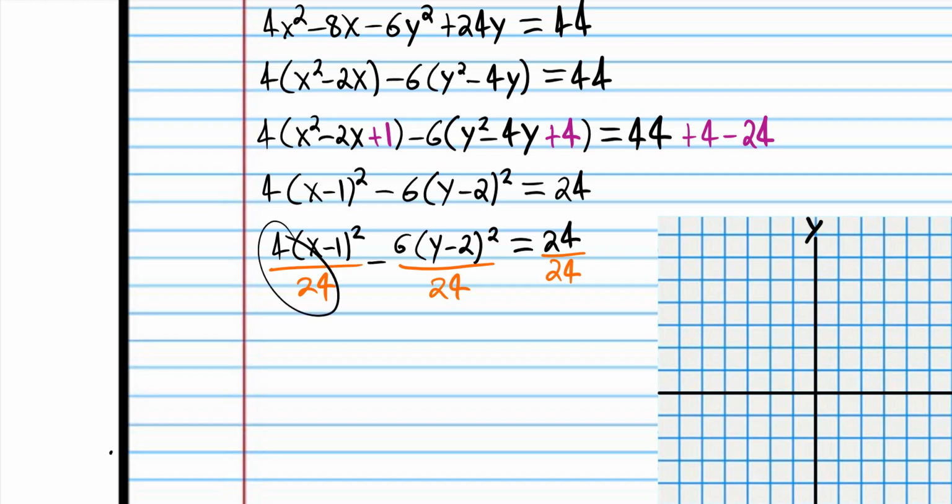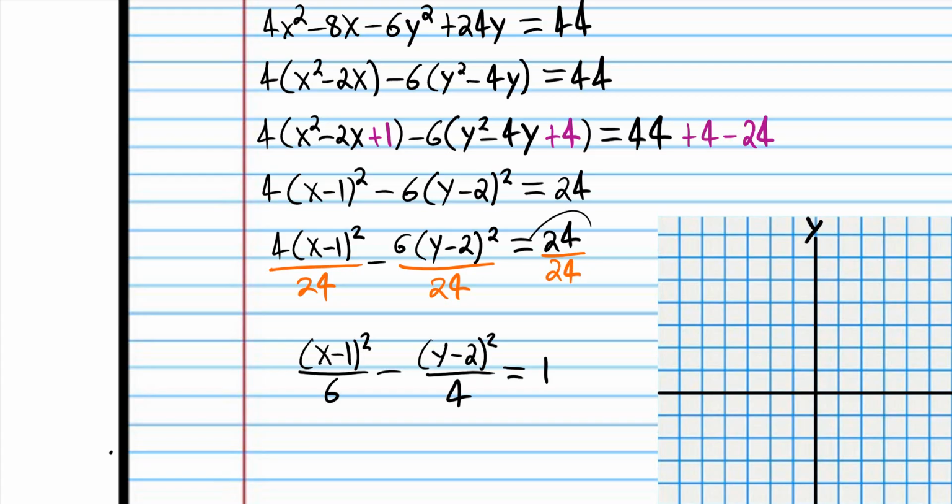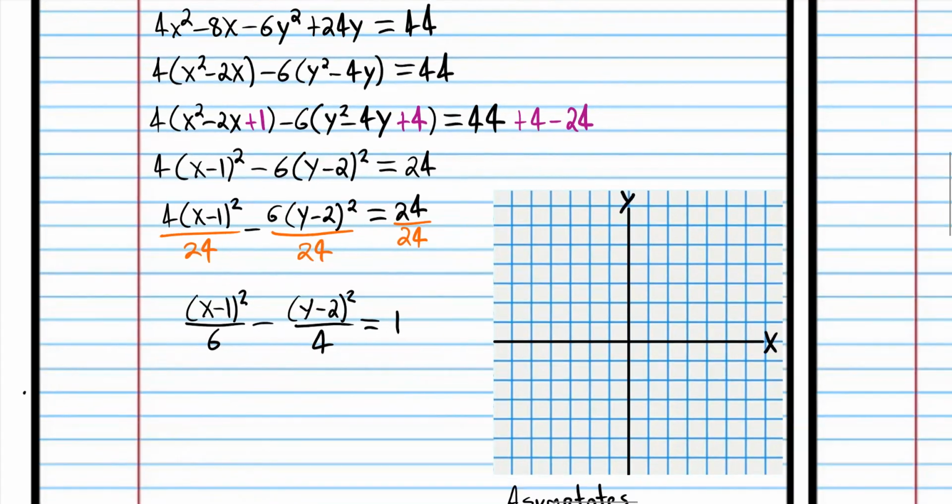And so this fraction reduces to 1 over 6. You can take as many steps as you want to simplify this. This fraction reduces to 1 over 4. And then we have our 1. So now we have standard form